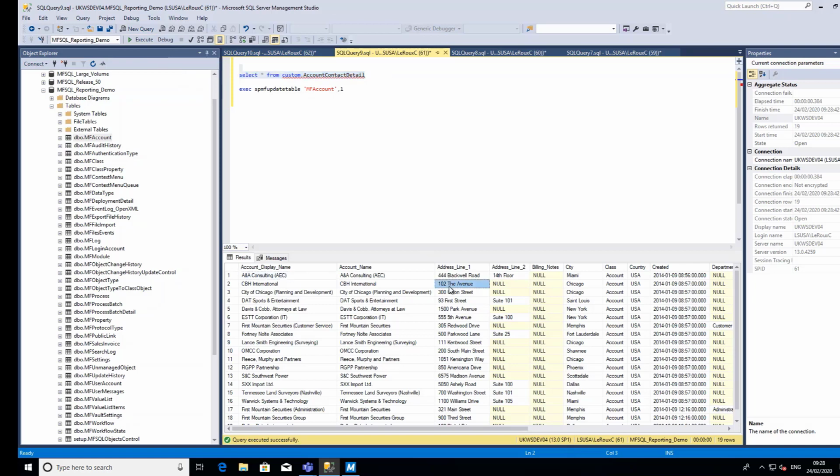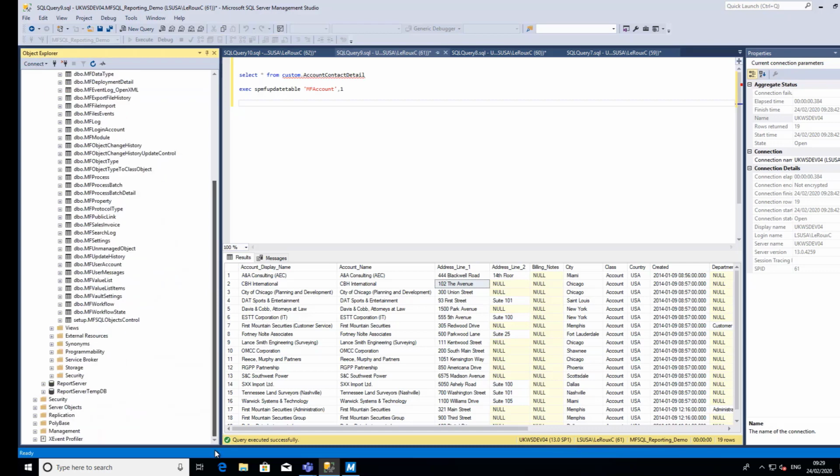We now have the changed data immediately in this table, and it's only the data that has changed that is pulled through. We didn't have to actually do a refresh of all of the classes and everything that is involved, and it takes a long time to do that. This finished the illustration of the core